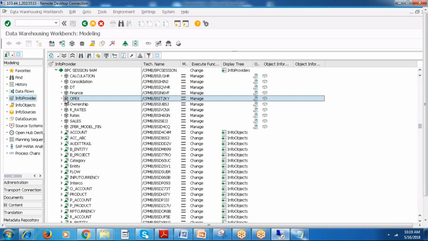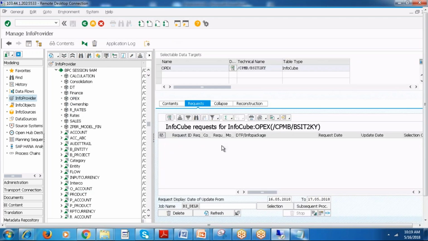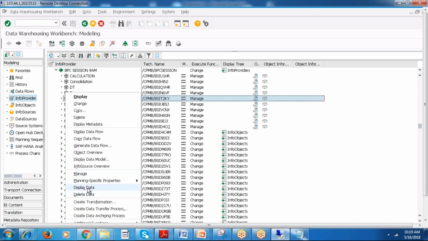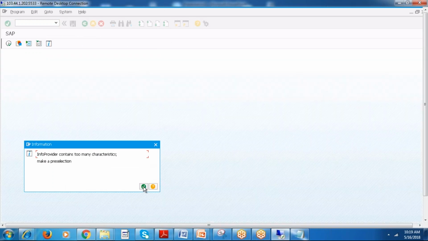Under the BPC session, OPEX is created. Does it have any data? Let us click on manage. There are no requests, so that means there is no data. You can even check at the data level. Click on this, right click, display data.